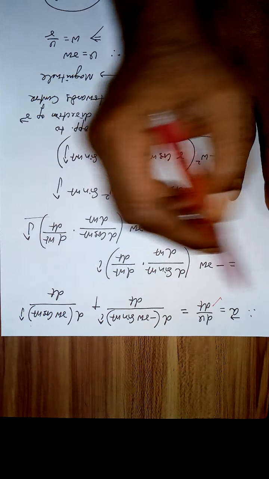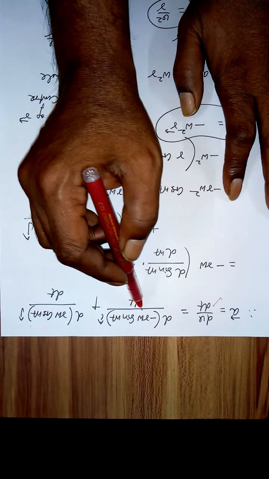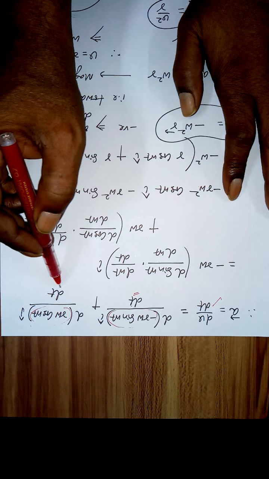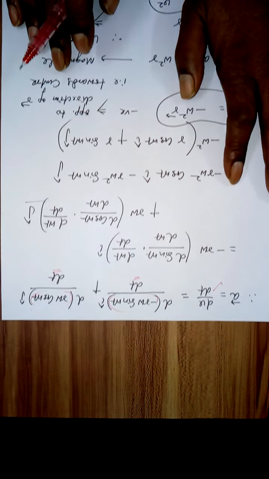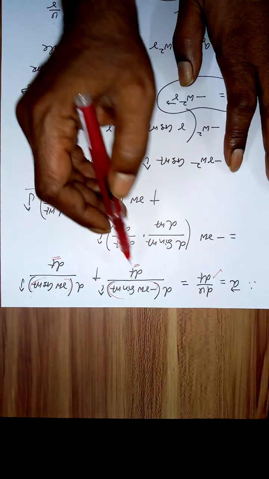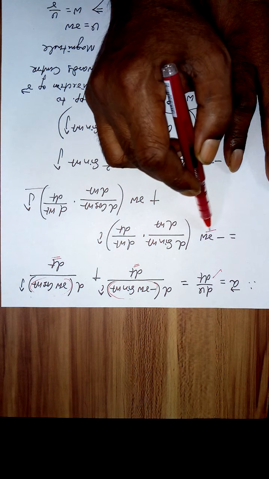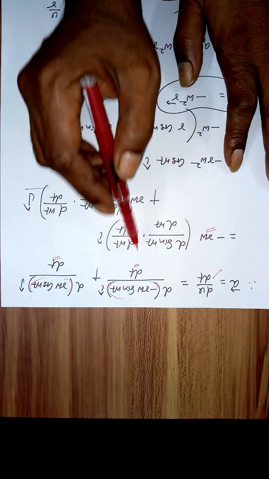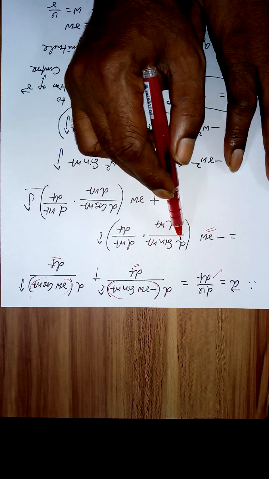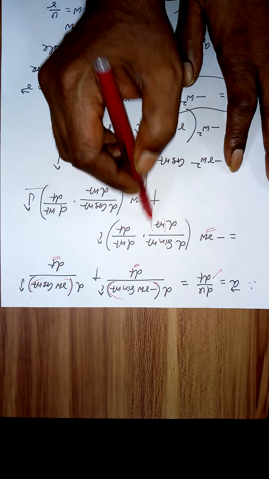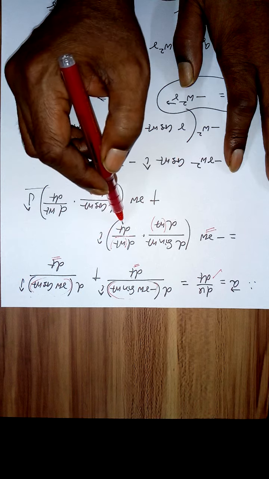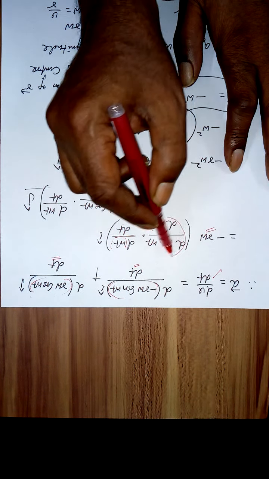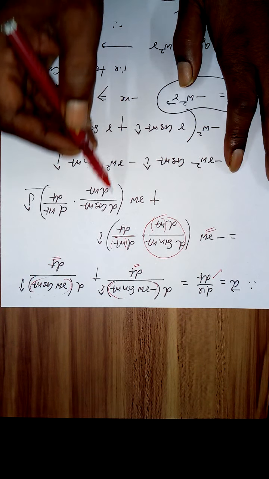So derivative of v: the first part of v differentiated with respect to time, the second part of v differentiated with respect to time. Now look, minus r omega is a constant taken out, so I am left with derivative of sin omega t with respect to dt, i cap, which I can rewrite as derivative of sin omega t with respect to d omega t, into derivative of d omega t with respect to dt, and this by cancel, it remains same. So by doing so, this comes under a formula, i cap.